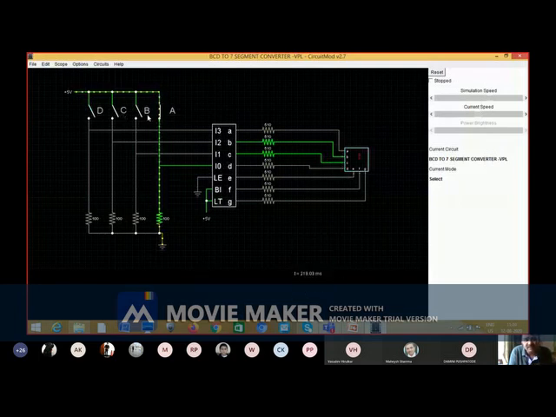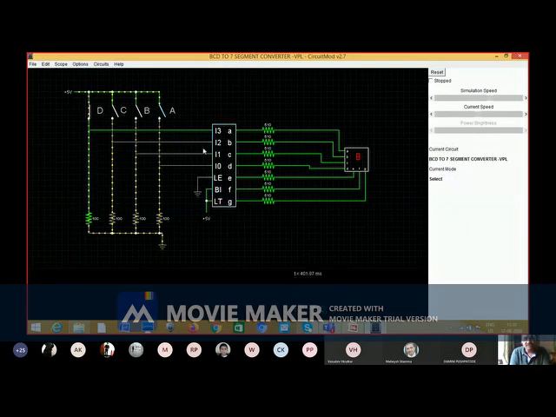So your output is 1. So this is 1, 0, 0, 0, 1, 0, 2. This is 3. This is 4. This is 5. This is 6. This is 7. This is 8.